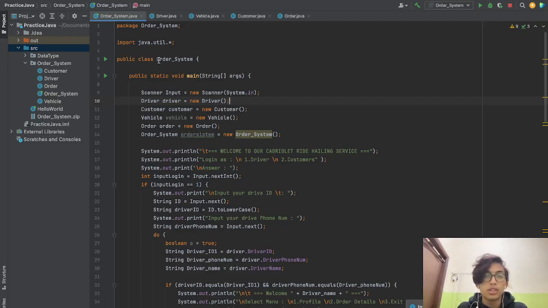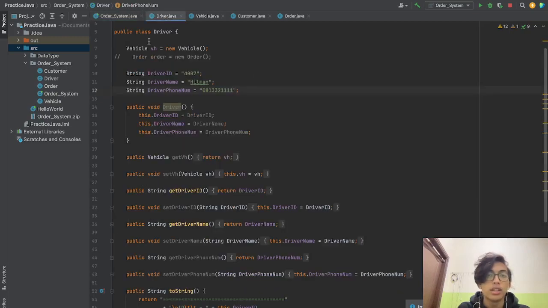And also here, as we can see in the code, we have 5 classes. The first one is our main class, which is the order system, and the second is the driver, which consists of the constructor of the driver, where we have driver ID, driver name, driver phone number, and so on.